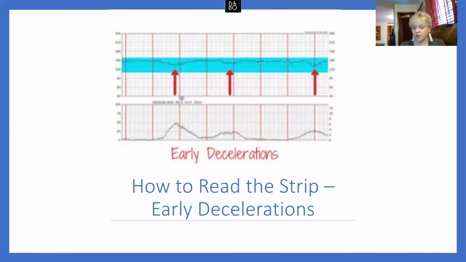But on the flip side, let's talk about decelerations. A deceleration is an obvious decrease in the fetal heart rate. You can see this one here, with return to baseline. There are different types of decelerations, and what we have on the screen here are early decelerations. Early decelerations are a visually obvious decrease in the fetal heart rate that's a little bit gradual, and it happens at the same time as a uterine contraction. You can see here that the base of the deceleration is happening at the same time as the peak